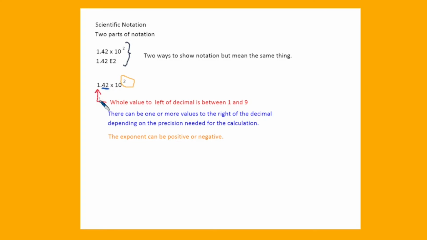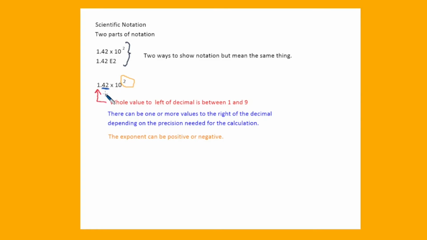So when we look at the individual values, you can see here that the first whole number is to the left of the decimal, and it will be between 1 and 9. Then if we look beyond that to the 0.42,